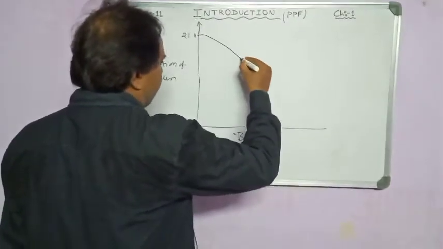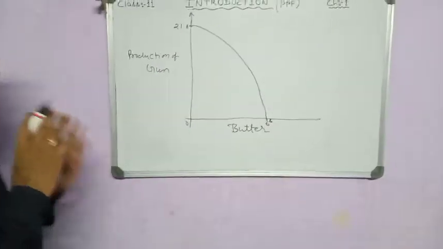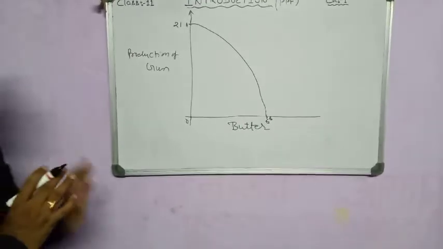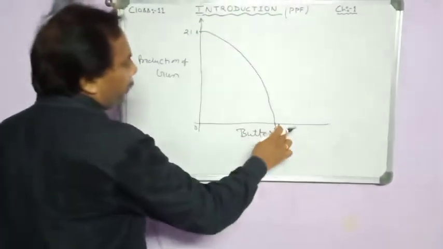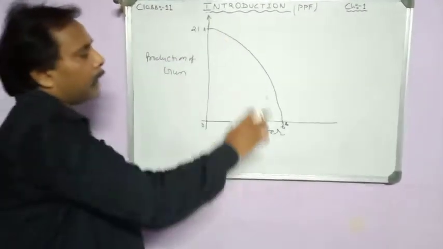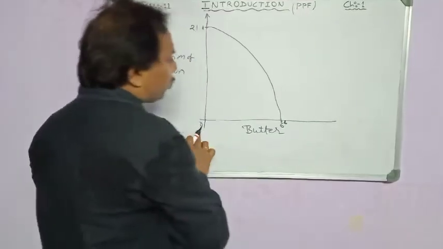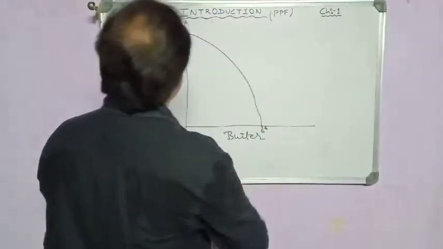It indicates that with the resources and the technology we have, we are capable to produce within points A and B, either maximum 21 units of gun and 0 units of butter, or maximum 6 units of butter and 0